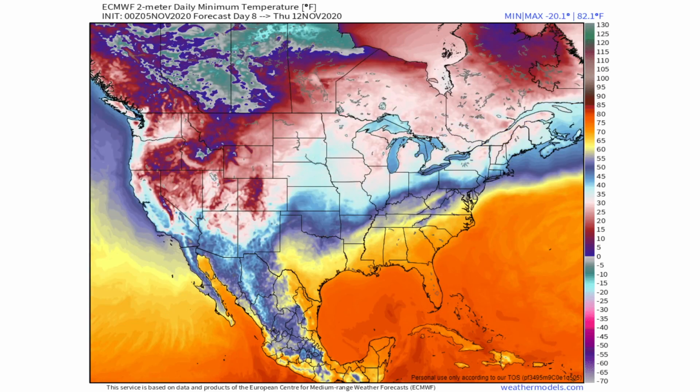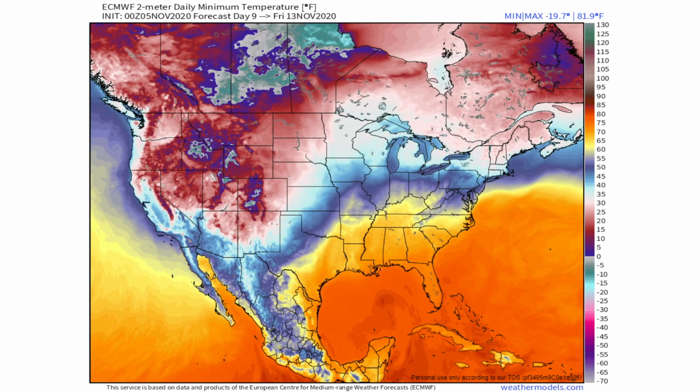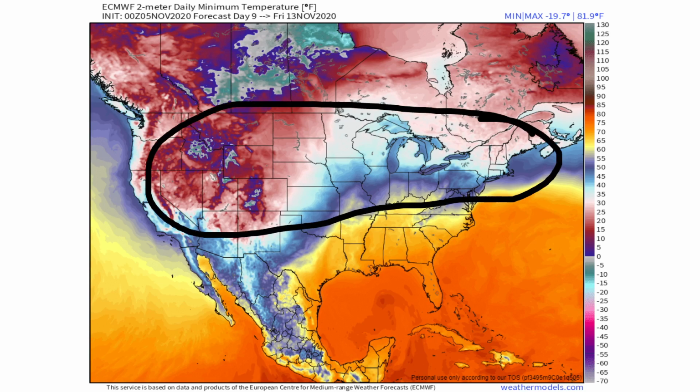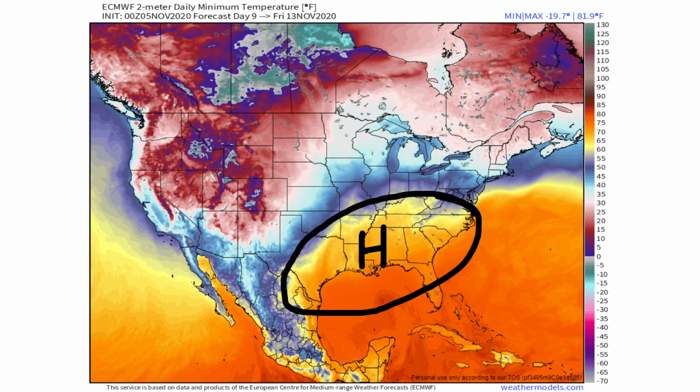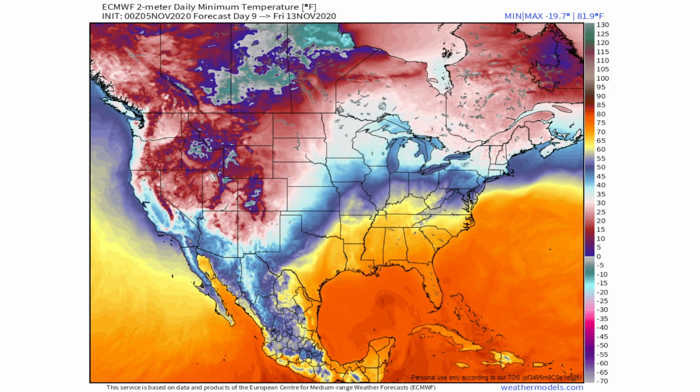Now, here would be by Thursday. That's when that cold air enters the northeast, the Great Lakes, and it's pretty much overtaking much of the northern and western United States. Those warm temperatures hang on for parts of the southeast, and then as we get to the 13th of November, Friday the 13th, we're looking at some 30s and 20s for many of these areas, even some single digits and below zero temperatures out in the Rockies. But that southeast ridge is going to persist, where you're going to have a high pressure blocking the colder air from entering, and you're going to see mainly that warm air be pulled up from the Gulf of Mexico and then recirculated. So we have a very dynamic pattern, and I'll definitely be updating you guys on the storm and